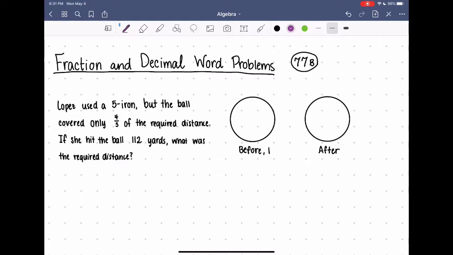Hello and welcome. So in this lesson, I'm going to talk about fraction and decimal word problems. And we've already talked about percent word problems, and we've already used this kind of diagram to solve those kinds of problems. And it's just going to be exactly the same thing, but now instead of percents, we have fractions